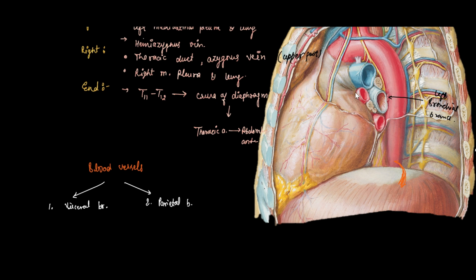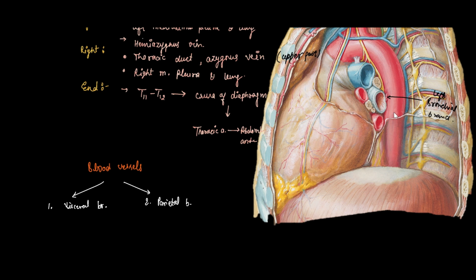Mediastinal branches stretch to the connective tissue and to the lymph nodes present in the posterior mediastinal areas and provide blood to that connective tissue and lymph nodes. Okay, so the third one is the mediastinal branches, and the fourth one comes the esophageal branches.